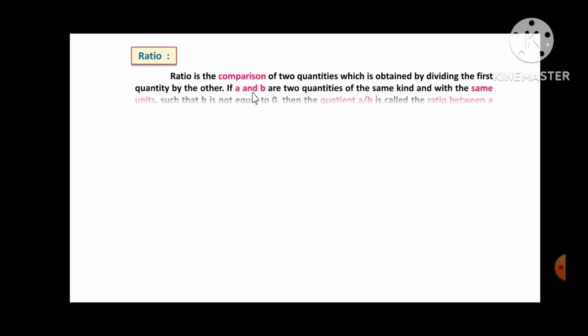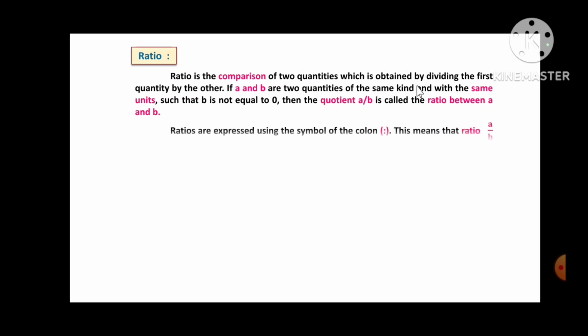Friends, ratio is the comparison of two quantities which is obtained by dividing the first quantity by the other. If A and B are two quantities of the same kind and with the same units, such that B is not equal to 0, then the quotient A upon B is called the ratio between A and B. Ratios are expressed using the symbol of the colon. This means that the ratio A divided by B has no unit and it can be written as A is to